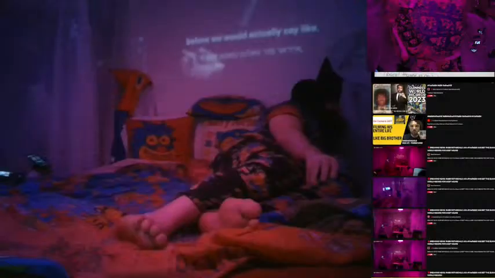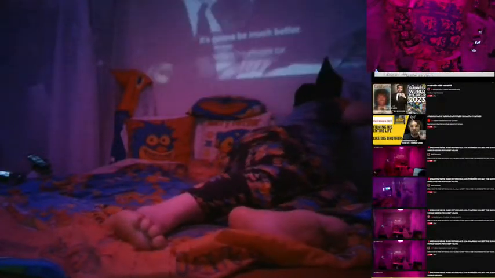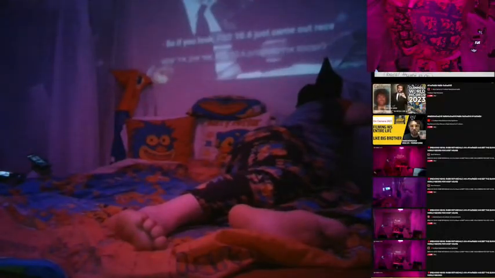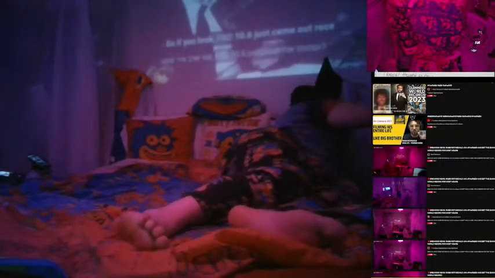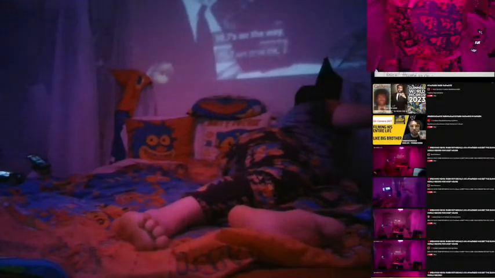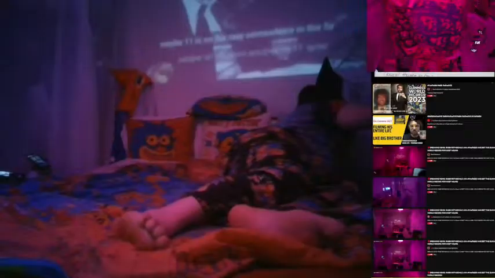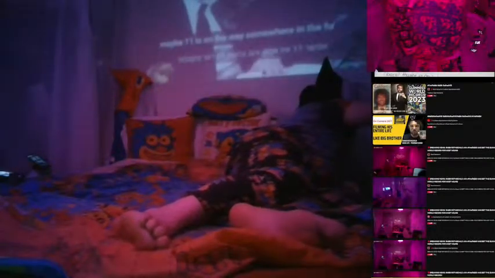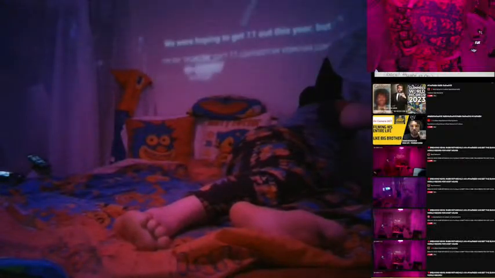It's not going to be equivalent, it's going to be much better. So FSD 10.6 just came out recently, 10.7 is on the way, maybe 11 is on the way somewhere in the future. Yeah. We were hoping for basically